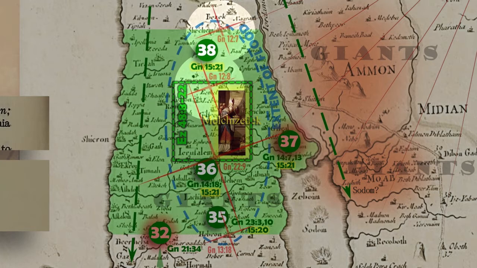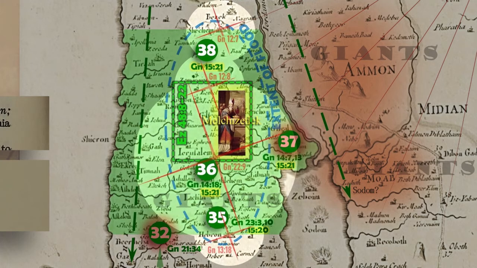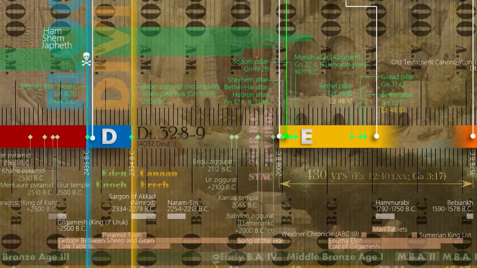Then he traveled out of the land down into Egypt for a while. Then he came back up into the land and built an altar at Hebron, Genesis 13:18. And then finally he journeyed north, and in Genesis 22 he built his final altar on Mount Moriah, and that's right in the vicinity of Noah's altar and Adam's altar before him, and that marks the place where the garden was.